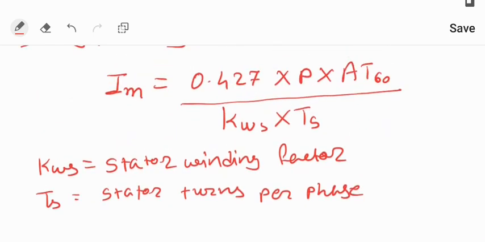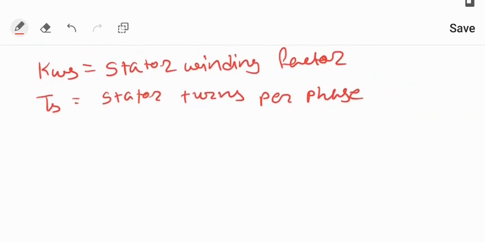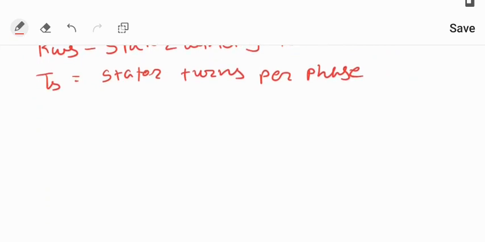Okay, so what is the stator winding factor value KWS? That is 0.95. And the value of TS, the stator turns per phase that we found, is 240. So when we simply put those values over here,